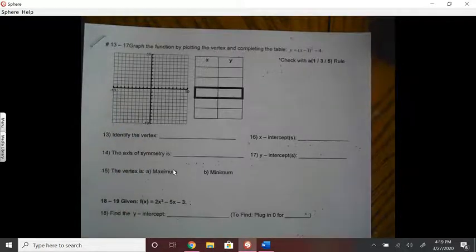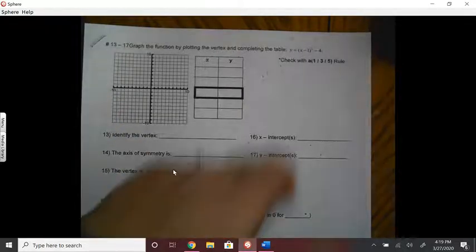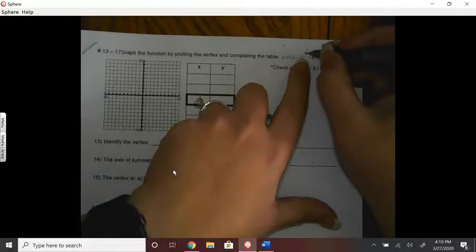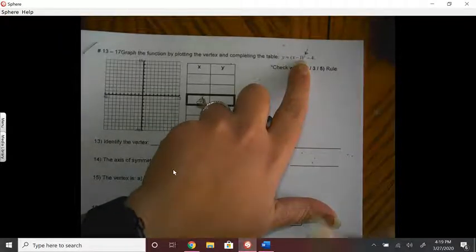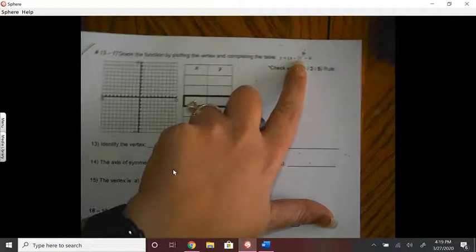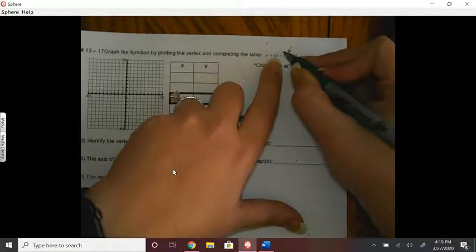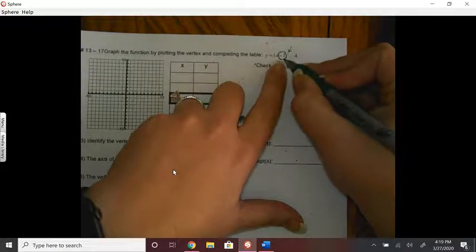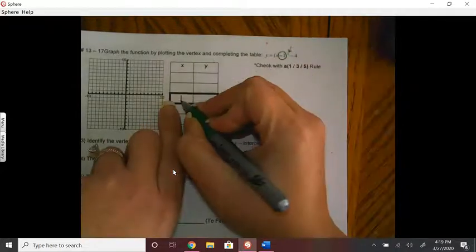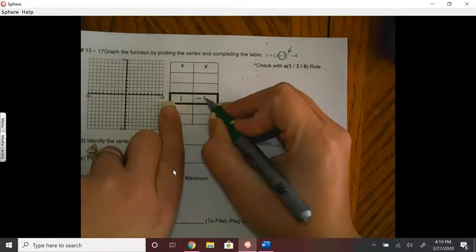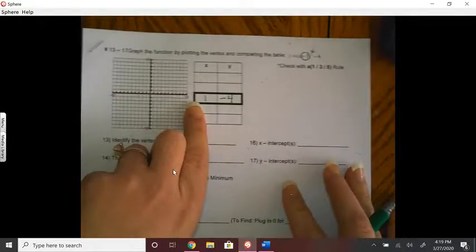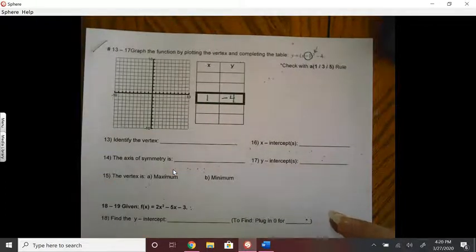However, when I look at this, I know that the highest exponent is a 2, so this is going to be a parabola. And by looking at this in vertex form, I'm going to take the opposite of the number in the parentheses, so 1, and then -4. That's going to be my vertex point. That's going to be the very top or the very bottom of the graph. So 1,